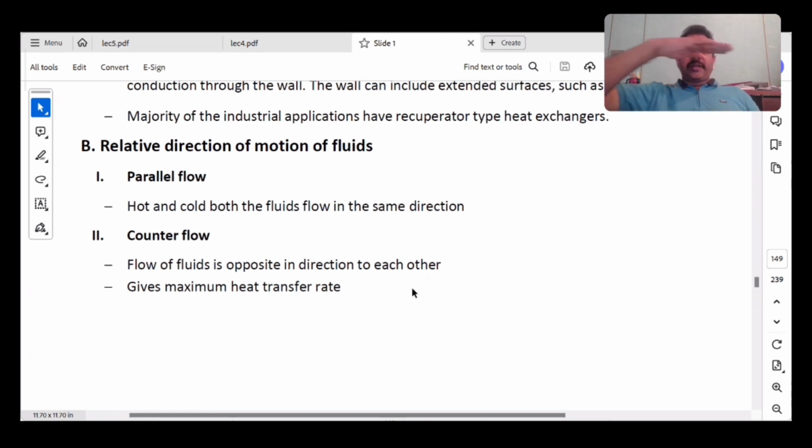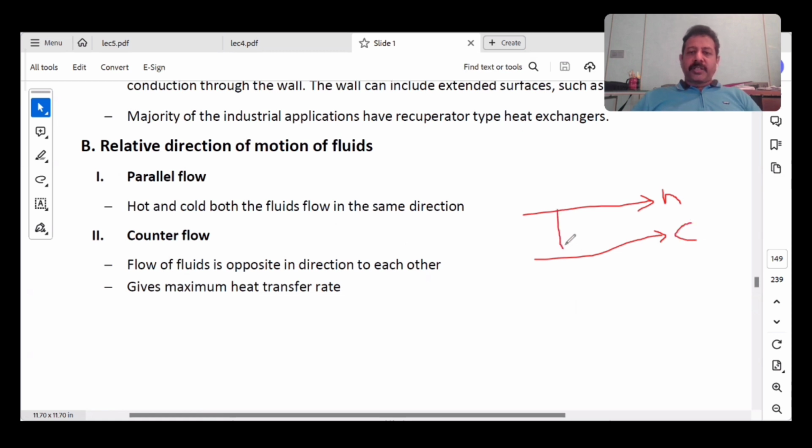Now the hot fluid goes in one direction, and if the cold fluid also goes in this same direction, I call it a parallel flow, or you call it a co-current flow. When the direction of the hot fluid and the cold fluid are both the same, this is the hot fluid and this is also the cold fluid. Heat energy is being transferred from the hot fluid. I will just show it here. This is the direction of the hot fluid. This is also the direction of the cold fluid. This is hot, this is cold. So where does the heat exchange happen? It happens in this direction, from the hot to the cold,